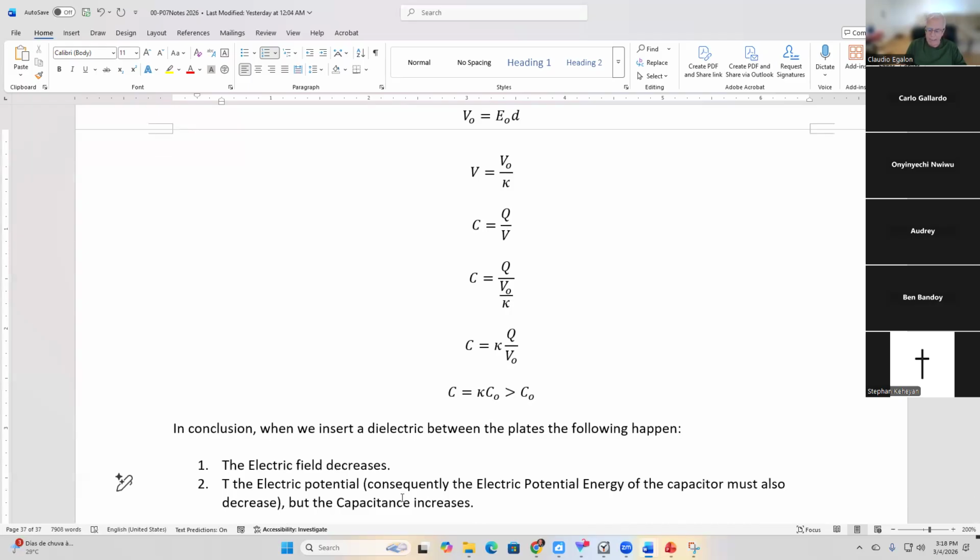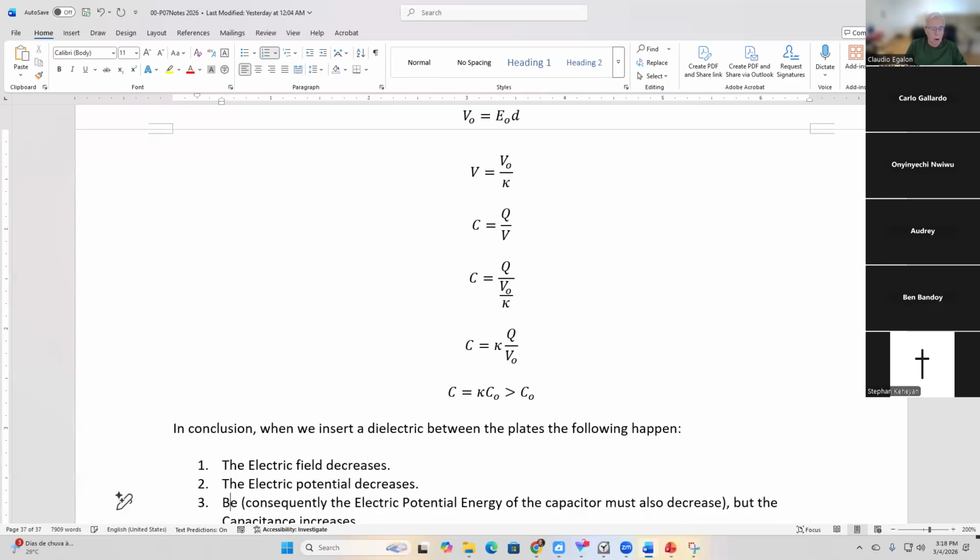Two, the electric potential decreases. Because the electric potential decreases, the electric potential energy that the capacitor carries must decrease as well,